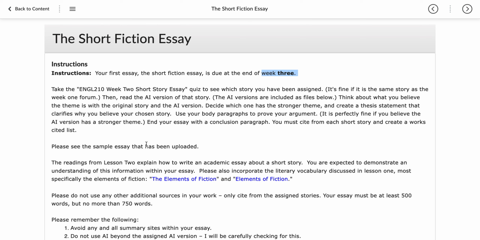So you'd have an introduction, a thesis that makes that choice, and then body paragraphs that prove that thesis. And what you do is you discuss one story first, then the other story next, new paragraph. The original story first, the new story next. So you want to make it organized. A story, B story, A story, B story, A story, B story, conclusion.